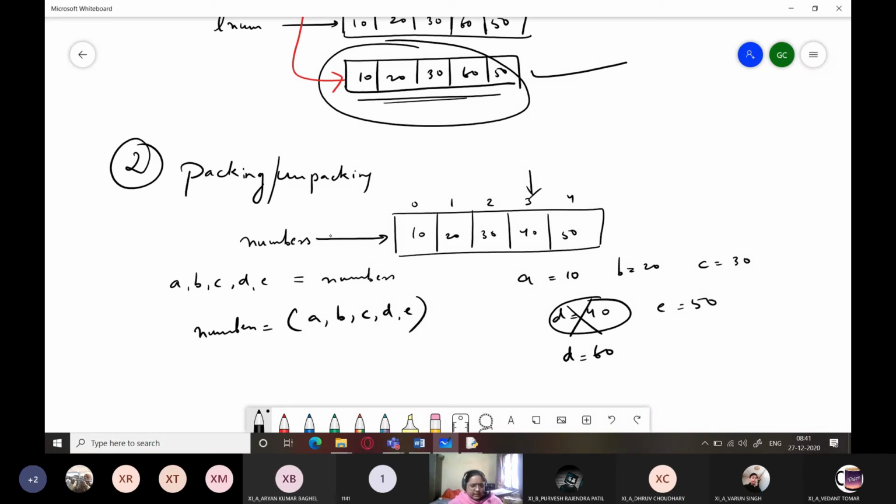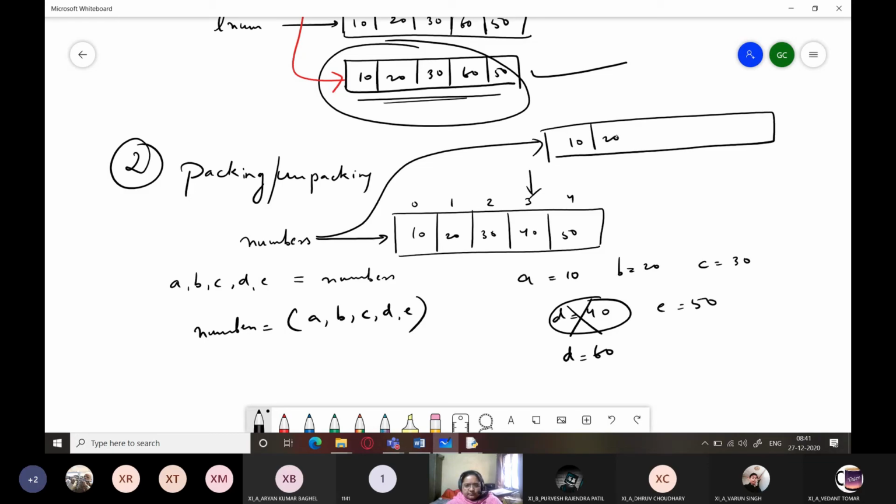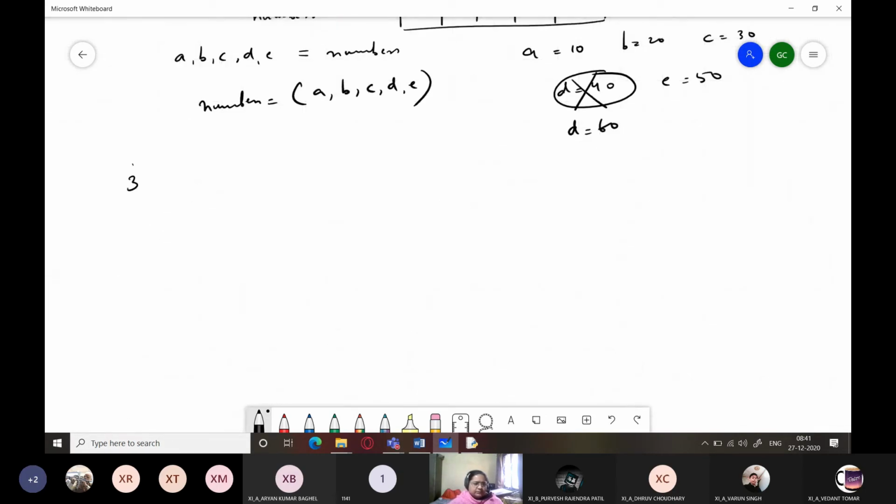It is again creating another tuple object. Okay, and this previous association is broken. Understood? So this is the second method of doing this, and yet another method I am telling you.